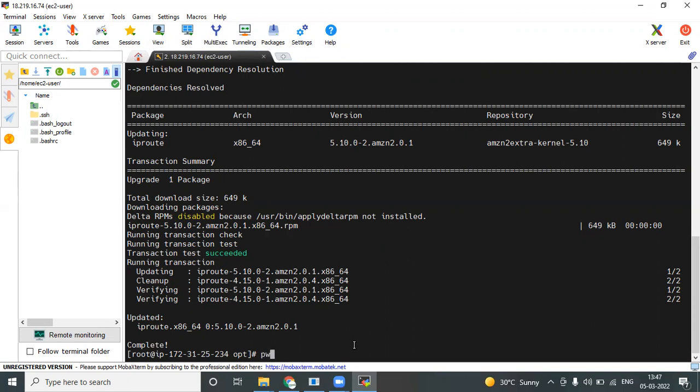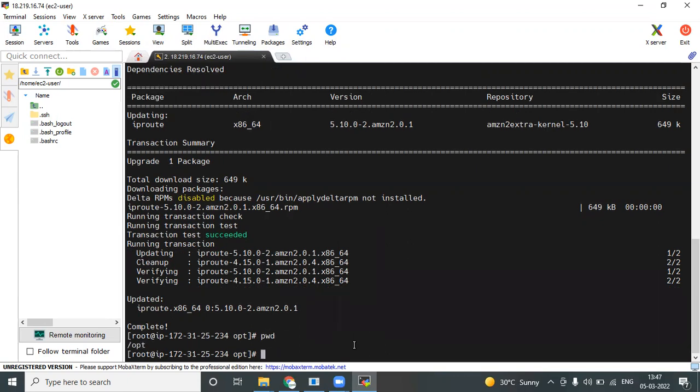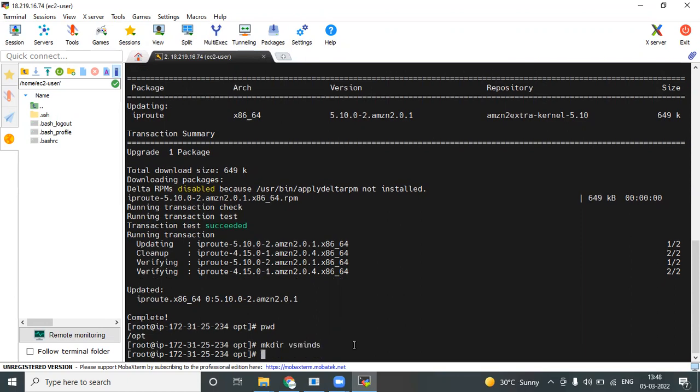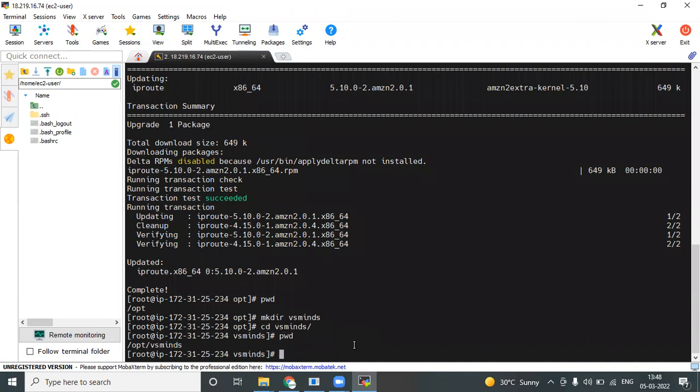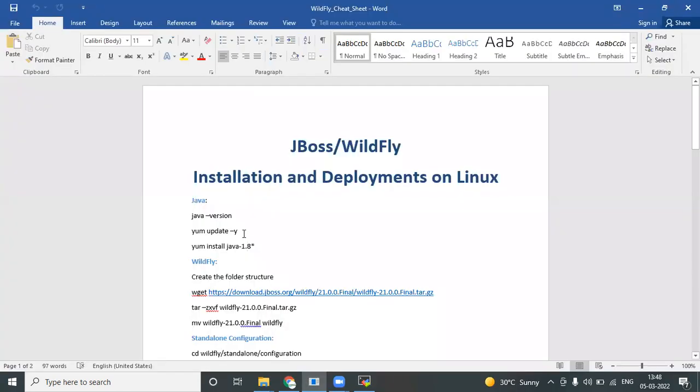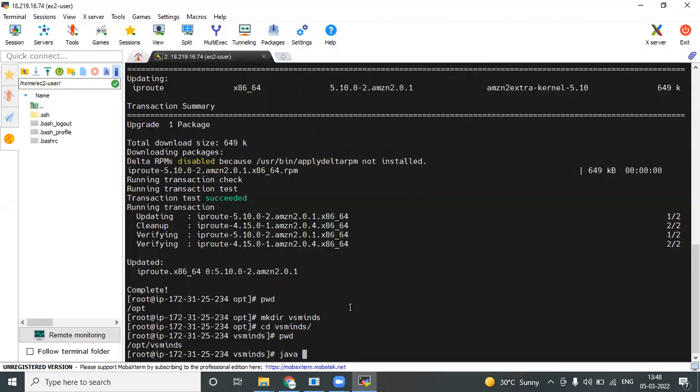Now under opt, we'll create a directory called vsminds, and log into it. Now we are good. Before installing WildFly on the machine, Java is mandatory. So let me check whether Java is there or not, with java hyphen